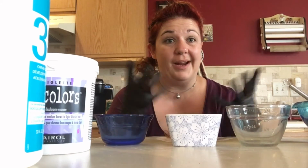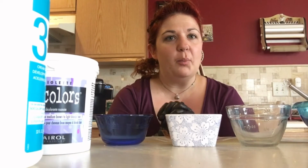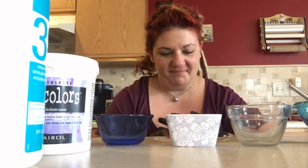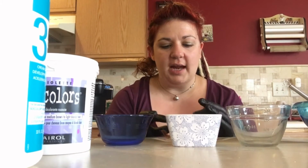But as far as it comes to bleach, I have bleached the bejesus out of my hair to the point where I had to shave my whole head bald. Not a great look for me. But anyway, I digress. So I want to see, because I'm super weird and I've been watching a bunch of videos on different hair techniques, hair coloring and removing techniques and this, that, and the other thing. I thought I'm gonna do something super unorthodox for a cosmetologist and think outside of the box a little bit